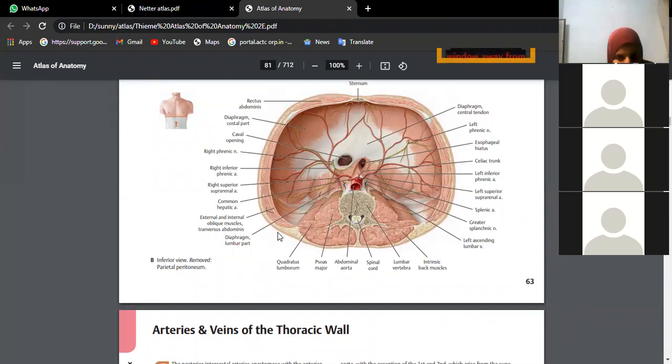Okay, these are our abdominal muscles which we have named yesterday, if you remember. Skin, superficial fatty layer, deep membranous layer, external oblique, internal oblique, transversus abdominis, below which you will have fascia transversalis. Then we will go to the peritoneum, parietal and visceral layers of peritoneum, visceral organs. Okay, just a minute.